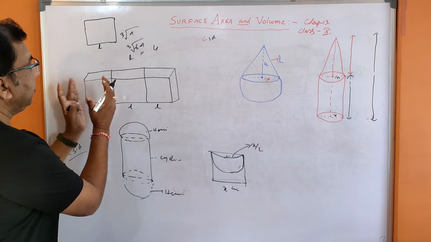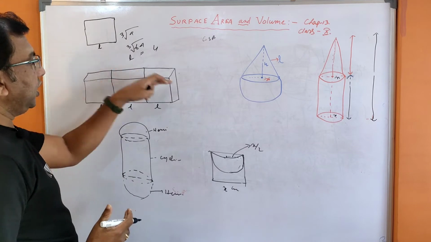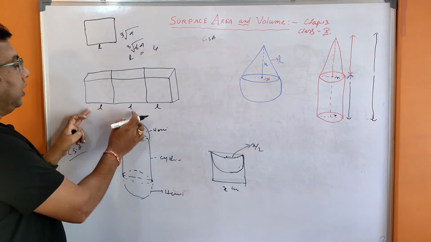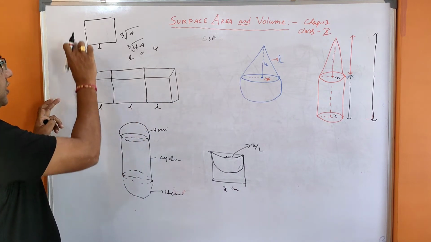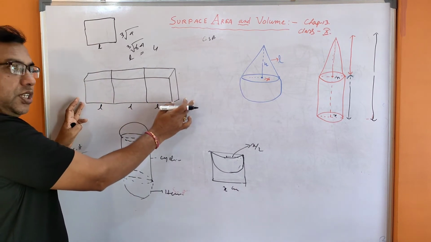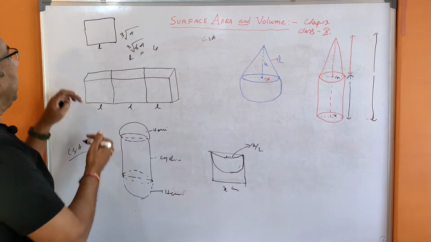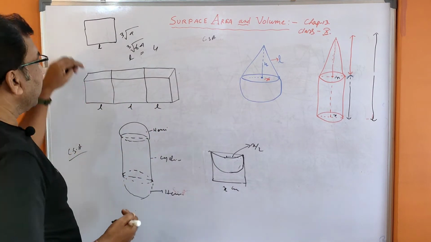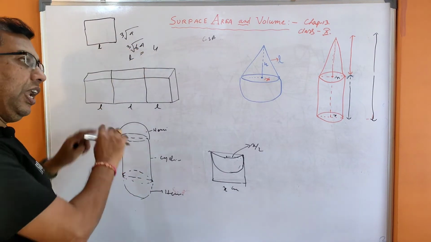So if you add 2 sides, 3 sides of 4, 2 cubes, 3 cubes added. So what is the side of the resultant cuboid? It is a cuboid, it is not a cube. But the length will be increased: 4 plus 4 plus 4, that is 12. The height will be 4, the side. The breadth will be the same, only the length will increase.